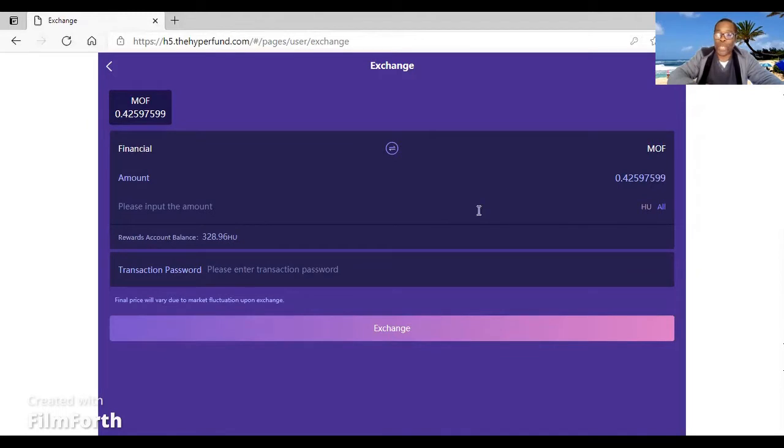It says it. The amount being exchanged there is 0.425975999. That is what the molecular feature is to the HU. So it is very important to know that, because when you go to the exchange,